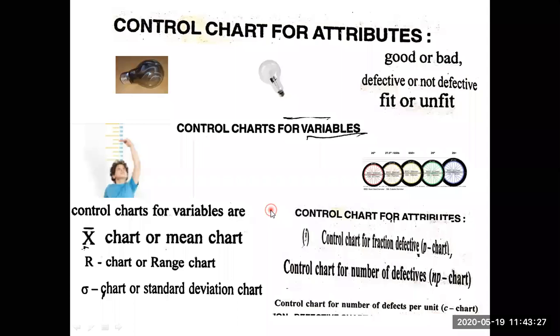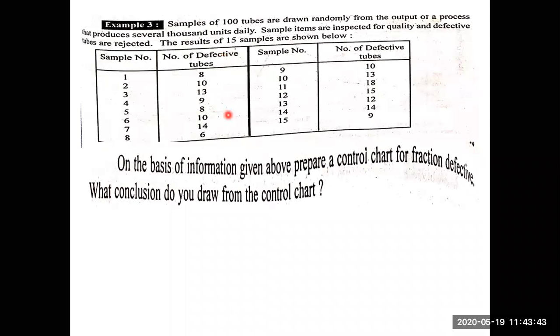Okay, next one. In the p chart, what you have to remember is that the problem always comes with defectives; then the problem is a p chart, np chart or c chart. Next, what you have to do: 15 samples are there. Each sample has how many items? Each sample has 100 items, 100 observations. Okay, next I am doing the problem. Sample number, 15 samples, each sample has how many defectives he has given.